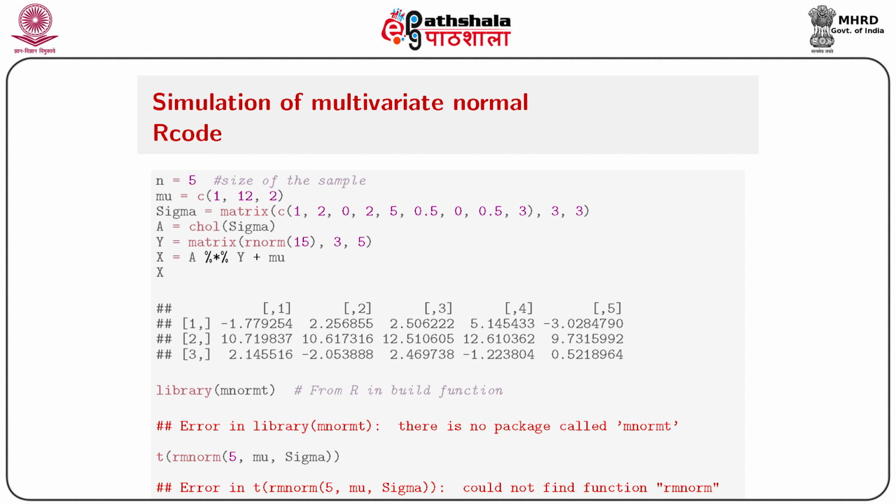So A equals chol of sigma, then Y equals matrix of rnorm 15, with 3 rows and 5 columns. So 15 normal variates would be generated, and that would be converted into a matrix of order 3 by 5. And then finally X equals A Y plus mu, and then if you type X, then we will get